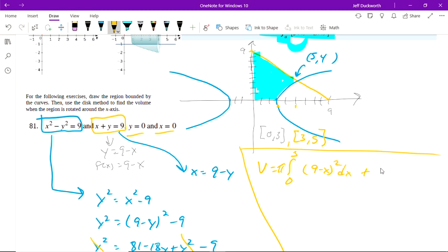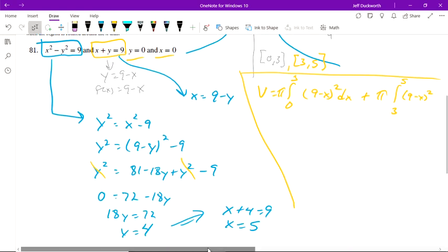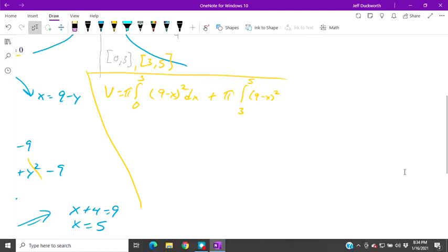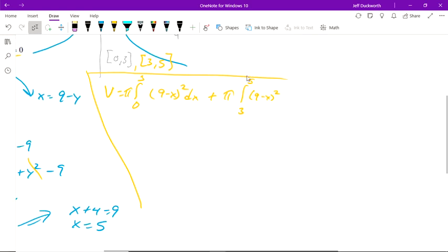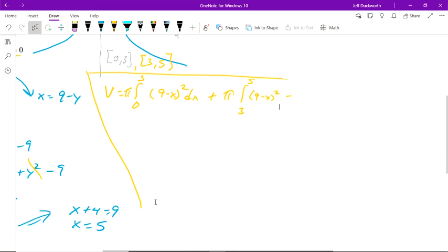We're going to add that to pi, and then we have the two different ones. We're going to go from 3 to 5, and we're going to take the 9 minus x squared. Let's see if I can move this around a little bit. There we go. 9 minus x squared, and then minus our g of x squared, which is this part here, which we've determined to be